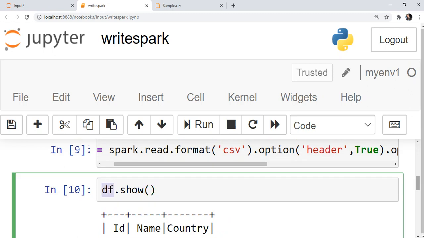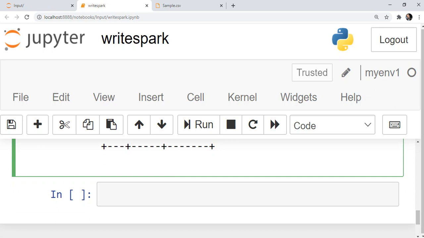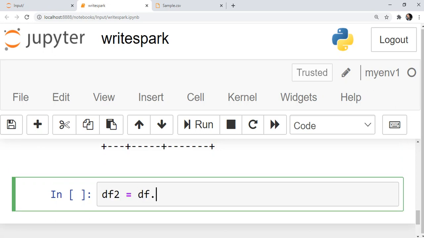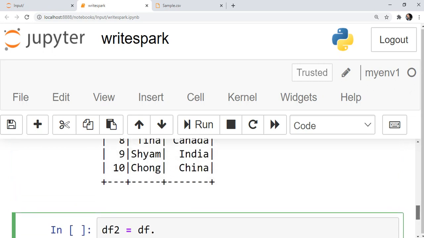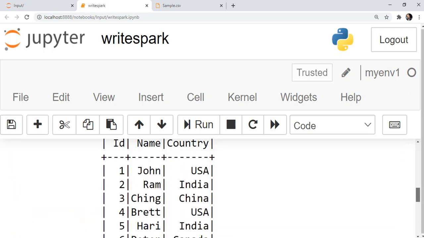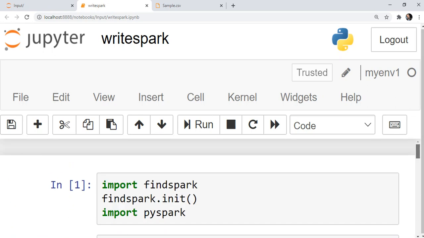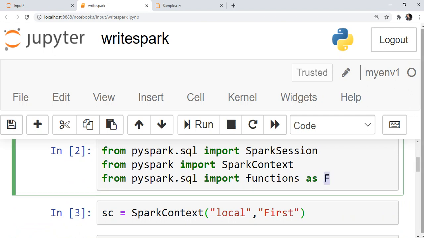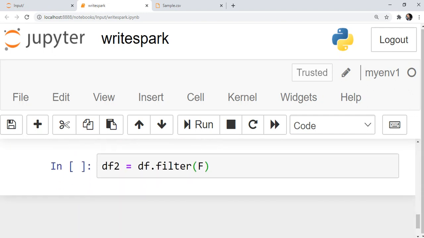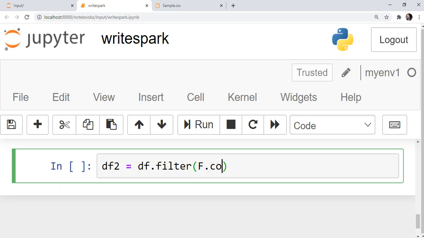What I'm going to do is perform a transformation on df. I want to filter the rows, and I only want those rows which have country India. So I have to apply a filter on the existing data frame. We have already imported the functions at the top as f, so f.col represents a column, and the column name is country from that data set, equals India.